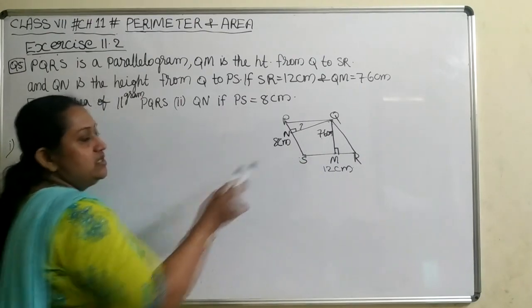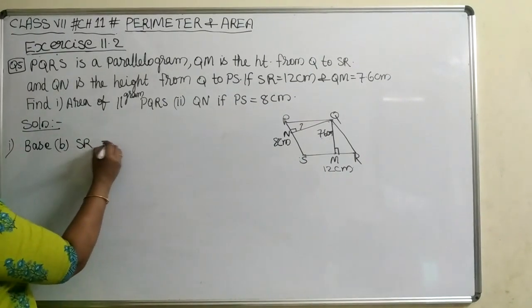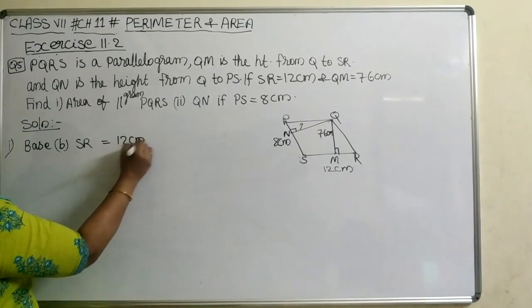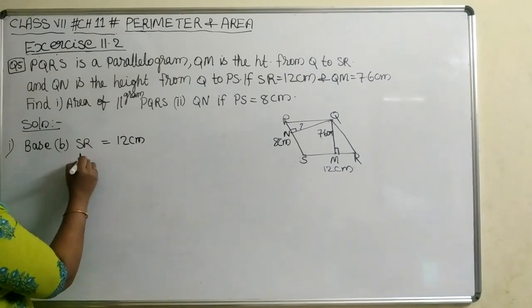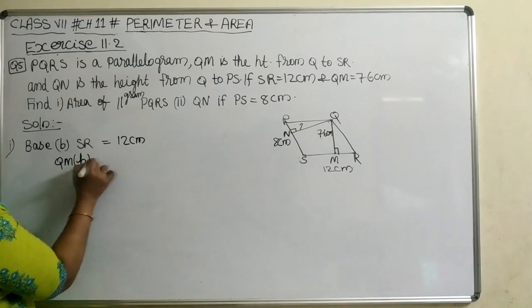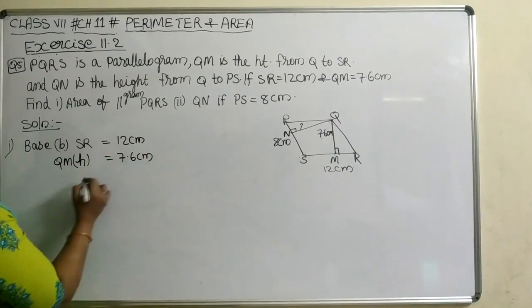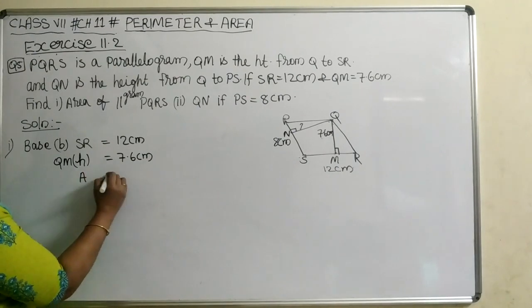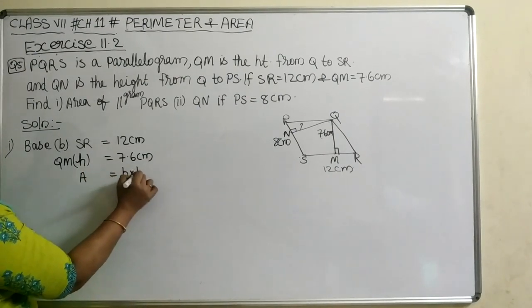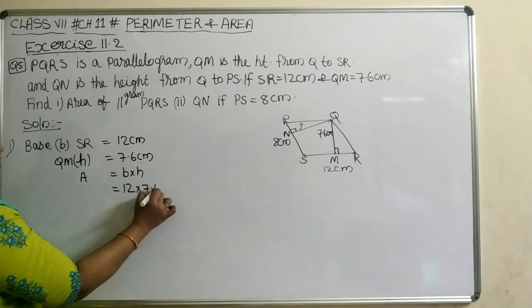So by using this we can find the area of parallelogram. Base SR equal to 12 centimeter. Height, that is QM, equal to 7.6 centimeter. Therefore area of parallelogram equal to base into height, that is 12 into 7.6